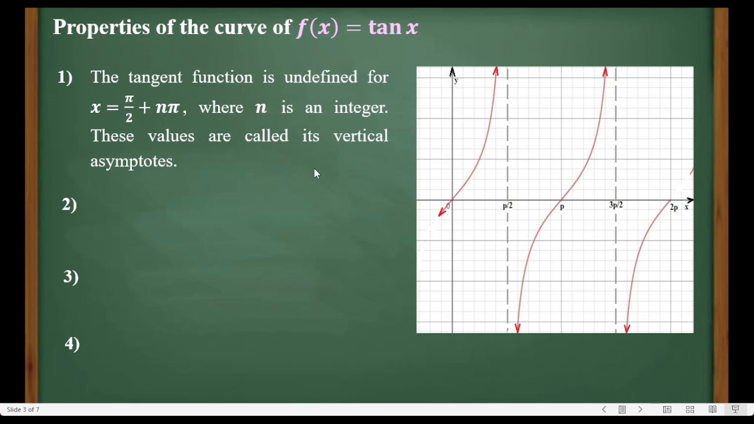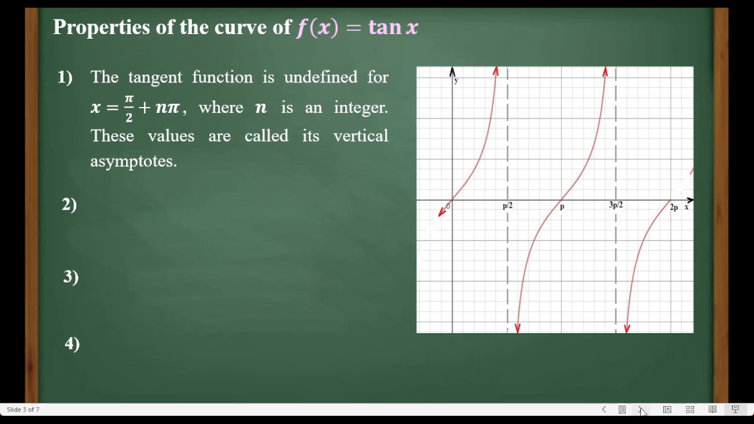Now these values are called vertical asymptotes. So when we say vertical asymptotes, refer to the figure. These are the vertical broken lines crossing the x-axis at these coordinates, and these coordinates are determined by this formula. Okay,